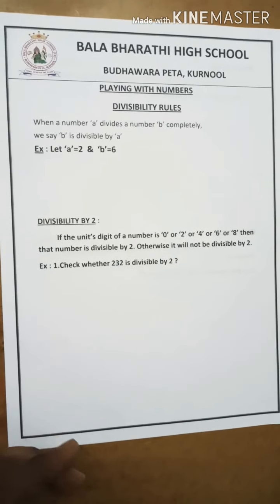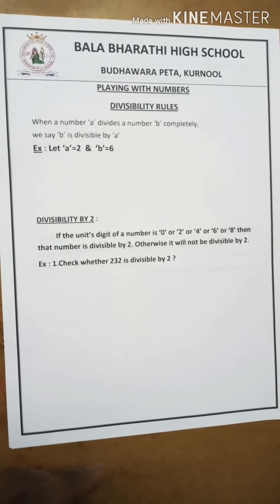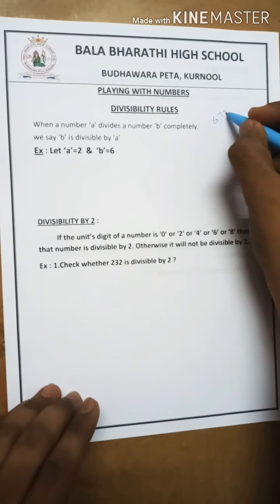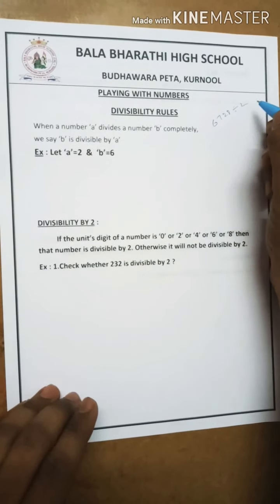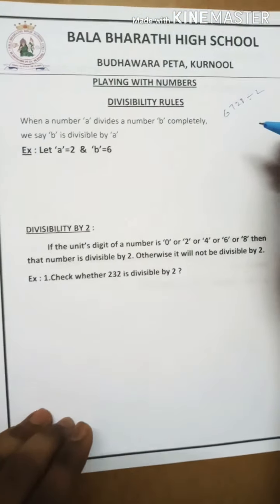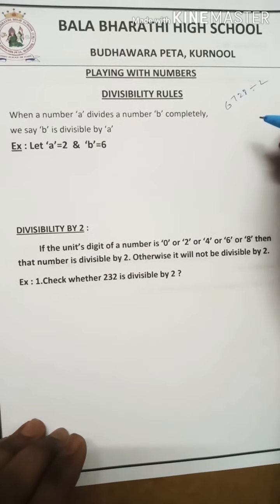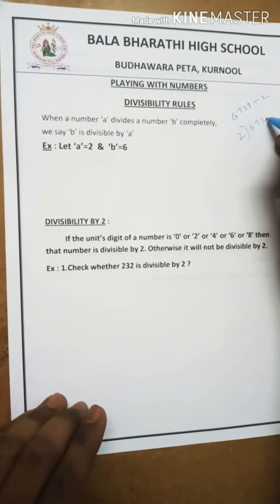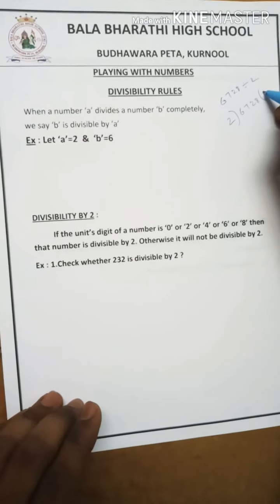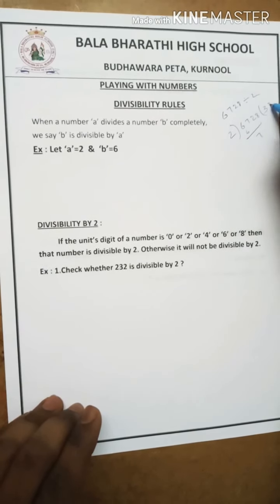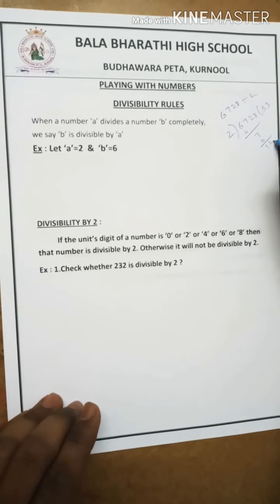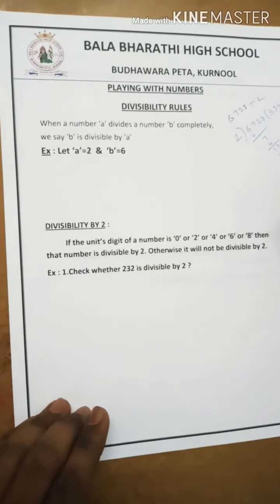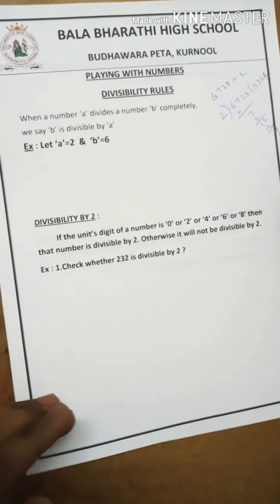Well, the answer is simple. For example, in your question paper you will get this question: check whether 6728 is divisible by 2 or not. Now what you will do, you will just check it by using the basic division method, that is, you will write the divisor, then the dividend, and then you will say 2 3s are 6, and here 7, 2 3s are 6 again, then 1 here and here 2, then 2 6s are 12, then you will get 8 here, 2 4s are 8, and the remainder you will get is 0, right?